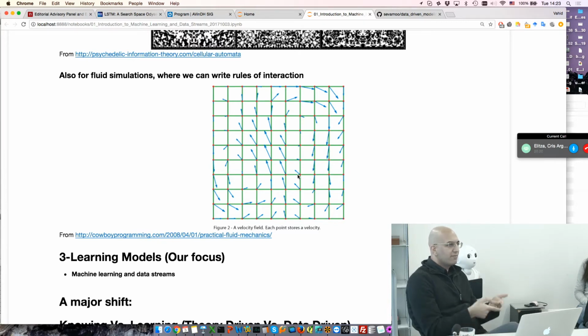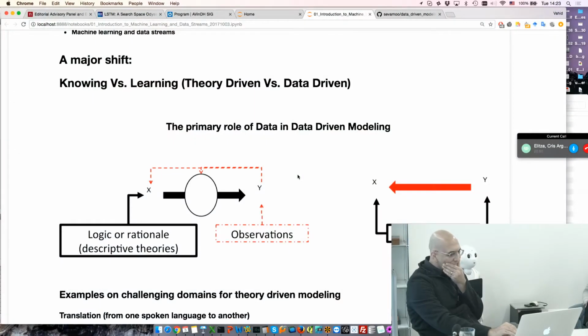Now we need a new kind of mathematics, a new way of computational thinking, which is called machine learning, that is able to deal with this data, because this data is not designed data. Sometimes we don't know the attributes of this data, but we always have a certain goal. For example, we want to mimic the flow of the traffic and do some small interventions, but unlike the other methods that I told you, we don't know how and why people are behaving like that. In principle, you are trying to forget about this question of why, because you know what is happening. So here there is a major shift,